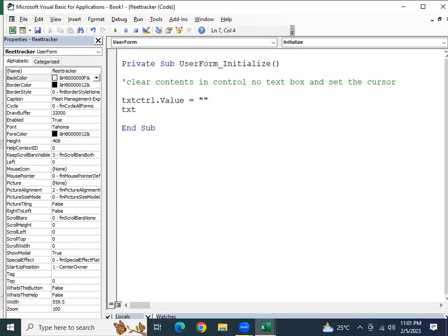Then txtCtrl again, dot SetFocus. Wrong, it should be this one, SetFocus. All right. So we have already cleared the contents. We know already the End Sub is the end of our codes for this particular field, right? So the next one would be again